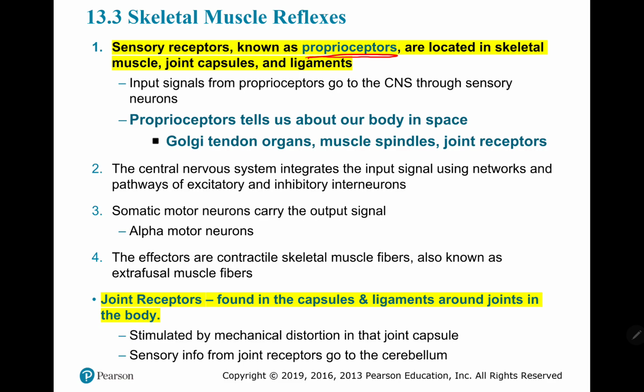So we're going to have proprioceptors, such as the Golgi tendon organs, the muscle spindles, and the joint receptors. These joint receptors are going to be found in the capsules and ligaments around joints in the body, and they're going to be stimulated by mechanical distortion in that joint capsule. That sensory information from the joint receptors is going to go right to the cerebellum,